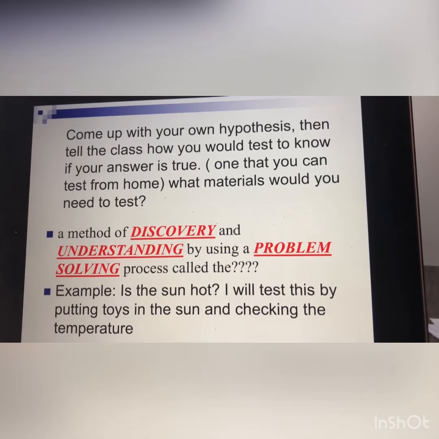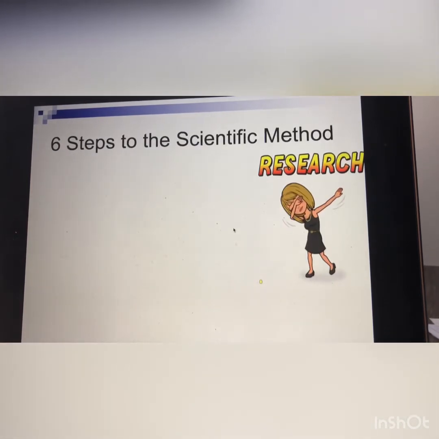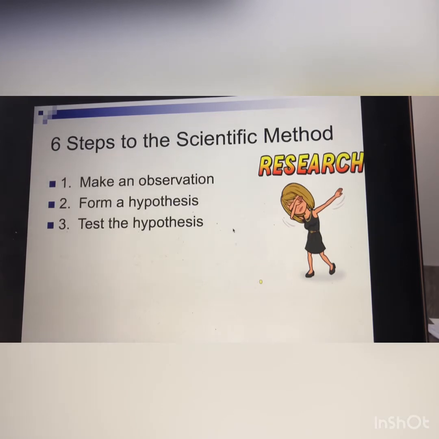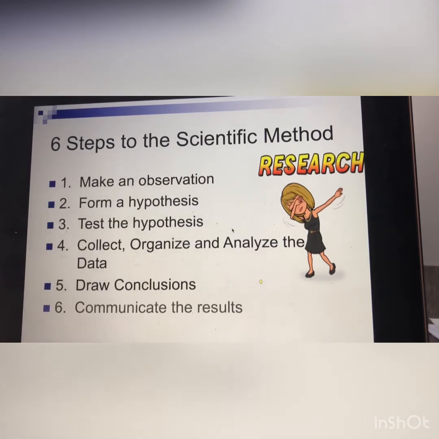All right, moving right along. So there are 6 steps to our scientific method. And those 6 steps are to, number 1, make an observation. Remember, you want to see whatever it is that you're testing. You want to touch it. You want to smell it to make sure that it doesn't have odors. You want to make sure that you are looking at all of the details on the subject or the item